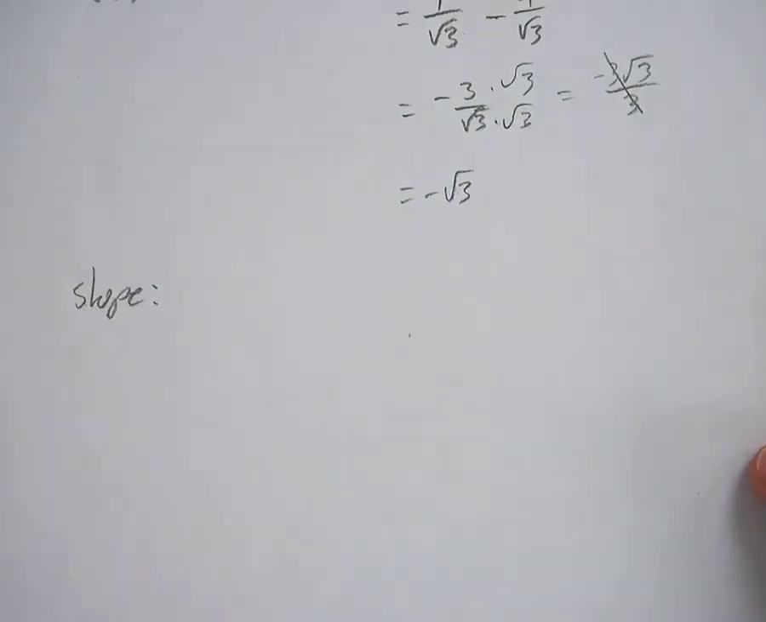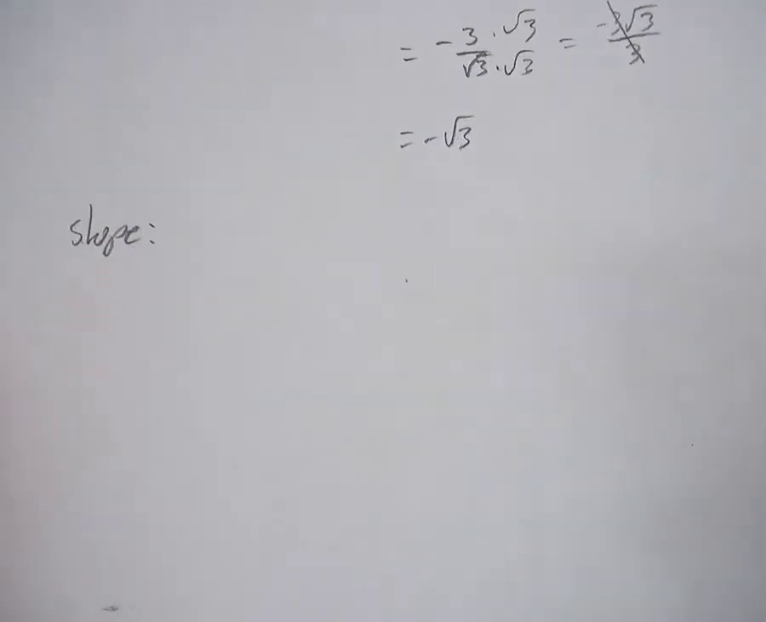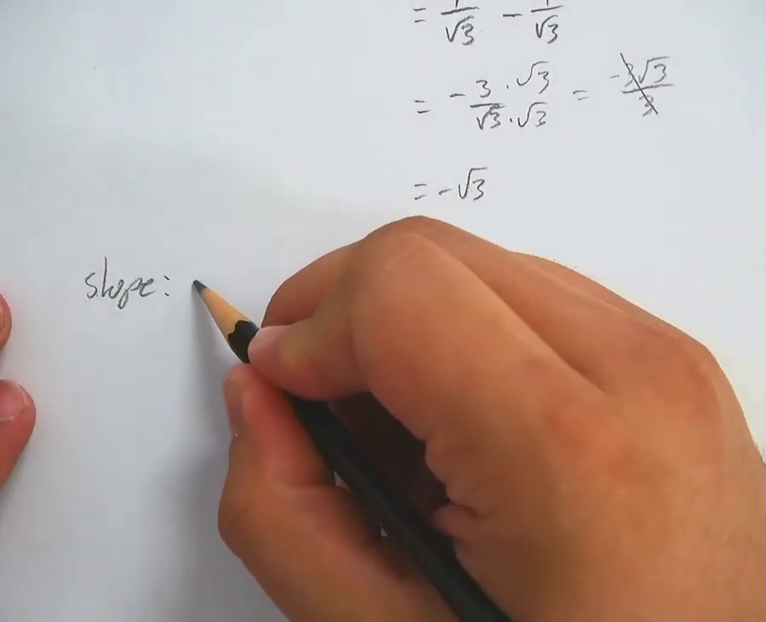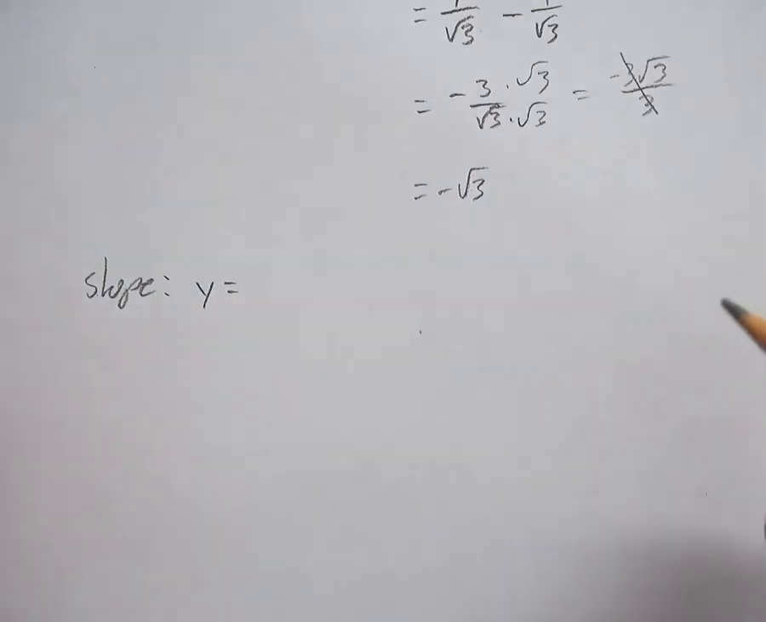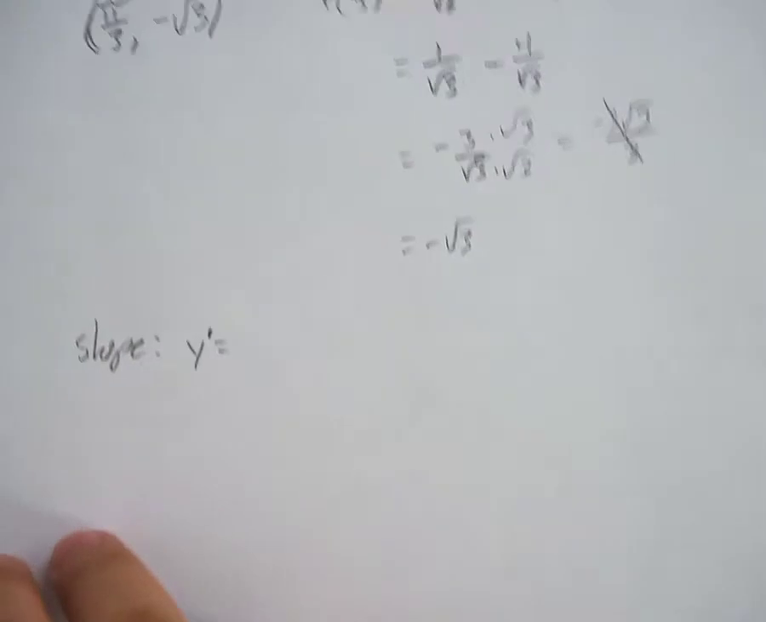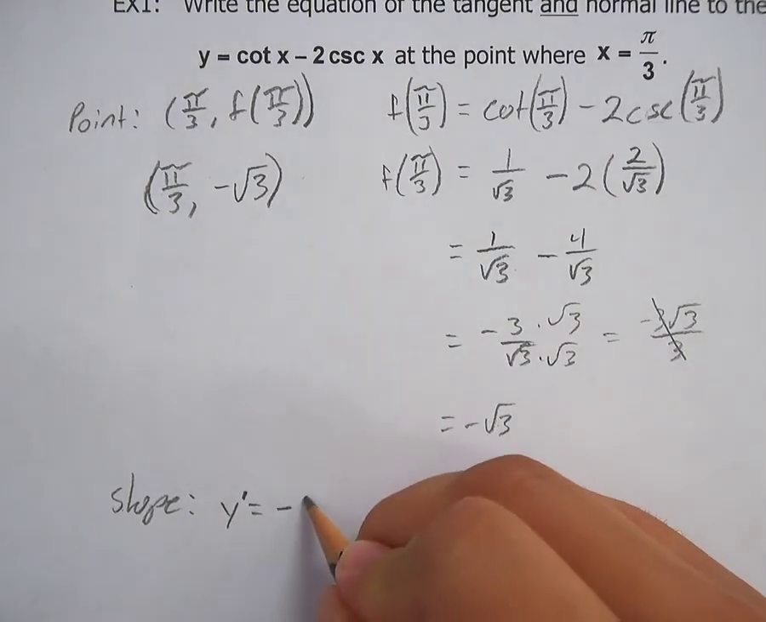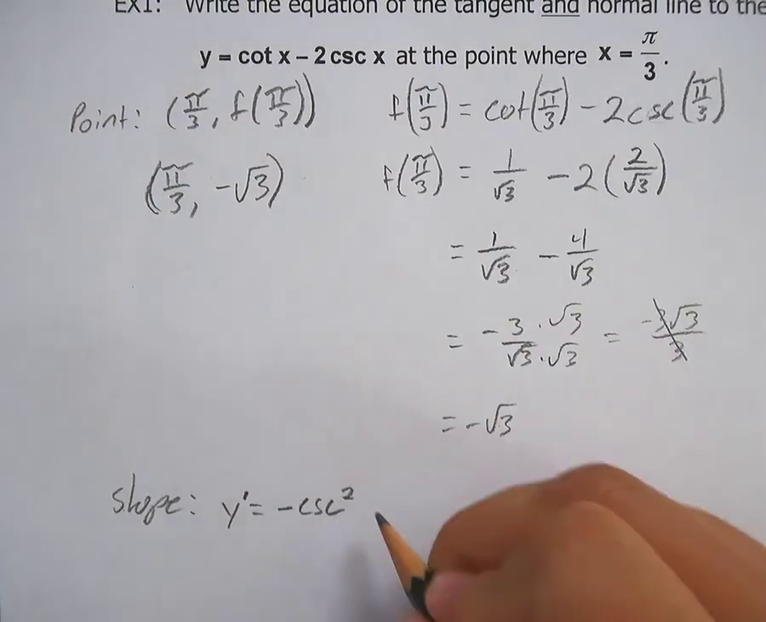So to find the slope, we're going to take the derivative of y. Let's call this thing the derivative here. We've already got y listed up top, so we don't need to list it again. So I'm going to go to my trig rules. Look at cotangent x. The derivative of cotangent x is negative cosecant squared x,